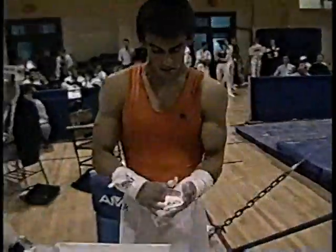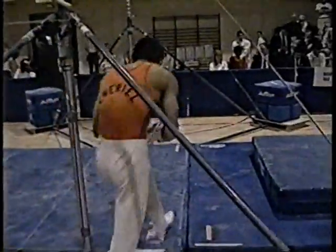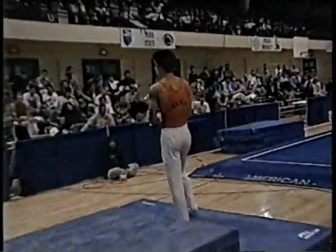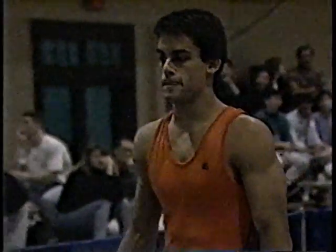These guys are tired. Let me ask you, Rob, you look at these guys and you see the tremendous upper body strength, especially the arms and the shoulders. How much weightlifting do these athletes do? You know, weightlifting is something that they've started to use in the last few years, but generally the strength workout is done in the gym on the equipment where they actually just lift